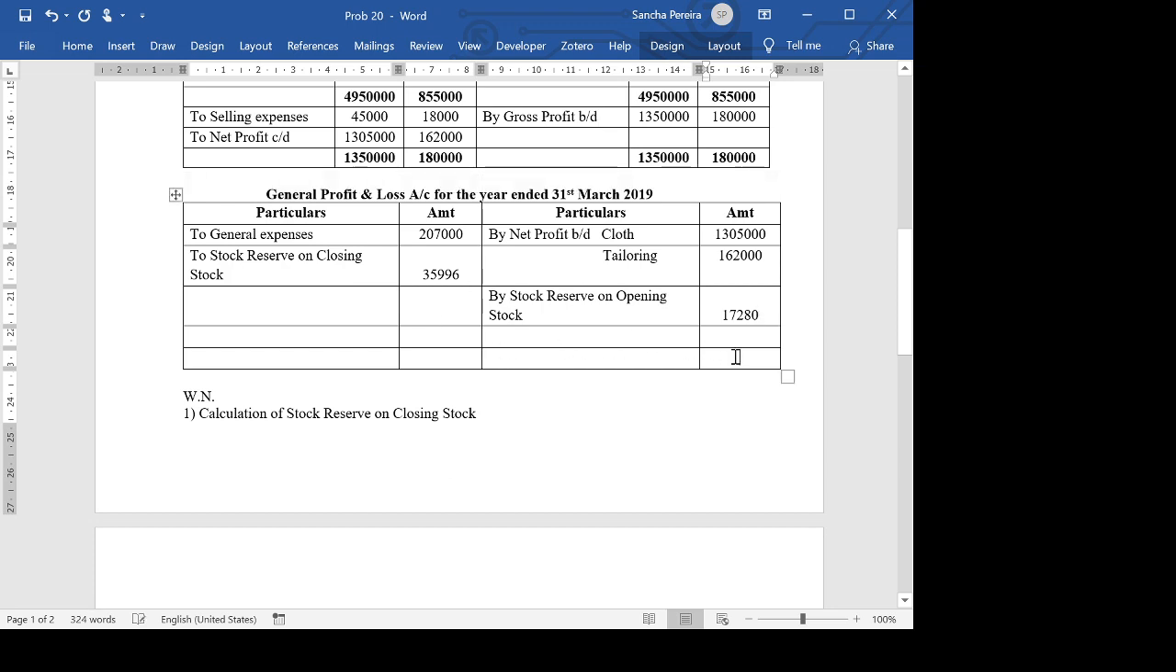So if I total this, I will get the total as 1,48,4280, and the overall net profit would be 1,24,1284. Okay, so this is how this problem is